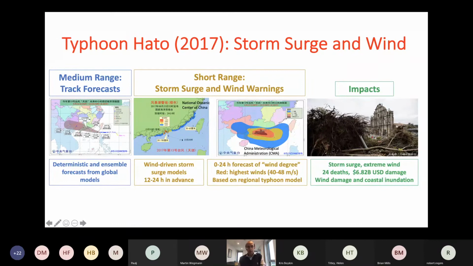Not shown here is rainfall prediction, and Rebecca Emerton gave a great talk earlier in this workshop, where she pointed out the importance, in her case for Mozambique cyclones, of accurate quantitative precipitation forecasting and the issuance of warnings based on precipitation.